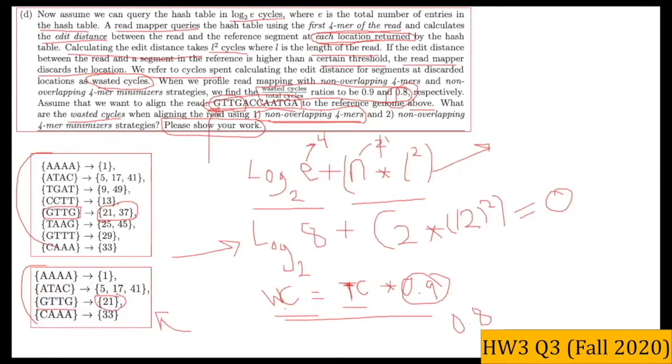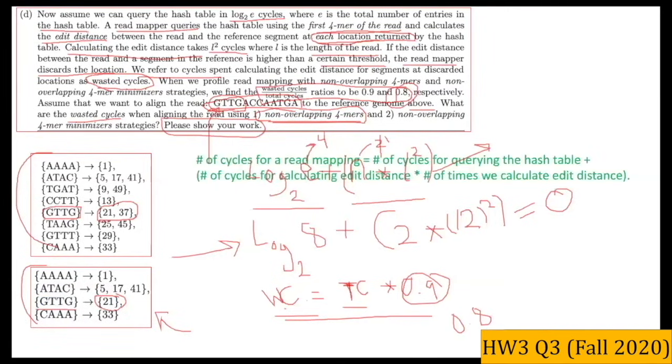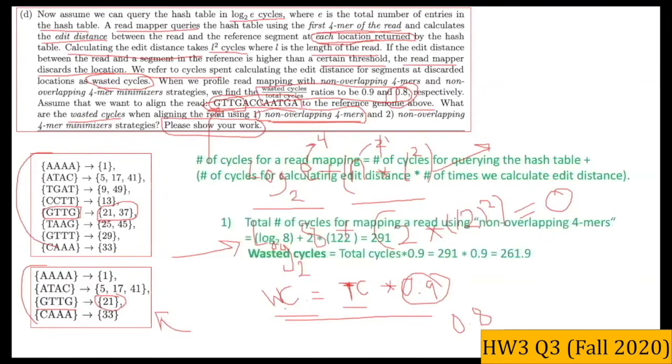Now let's see the answer maybe. So this is the answer for the first part, where the wasted number of cycles is 261.9. And for the second method, it is